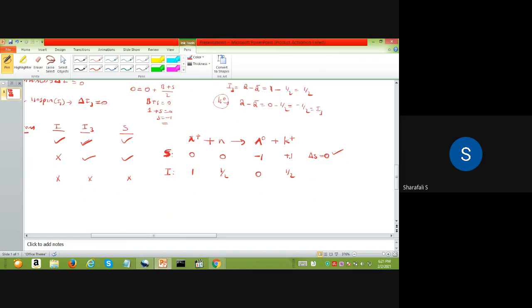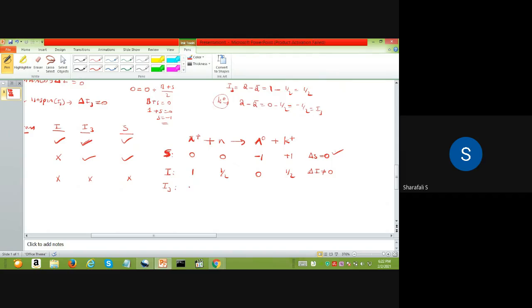So consider that delta I is 1 plus 1 by 2 here, 3 by 2. Here it is only 1 by 2. So delta I is not conserved. Isospin is not conserved in this particular interaction. Delta I is not equal to 0. Now you consider